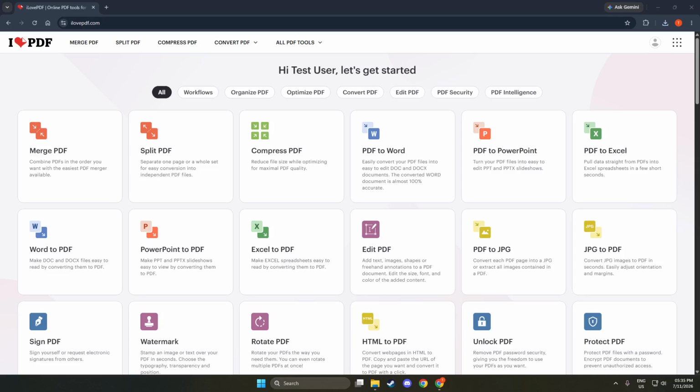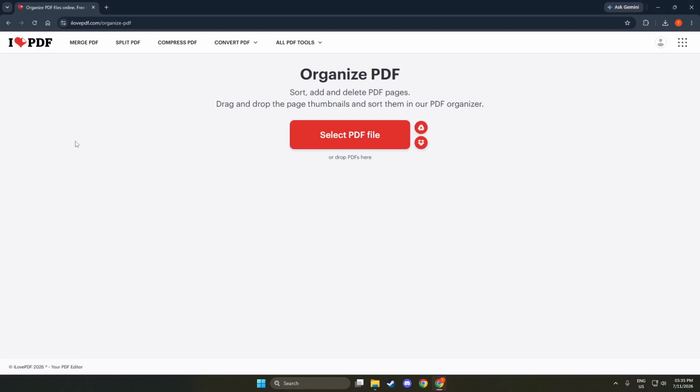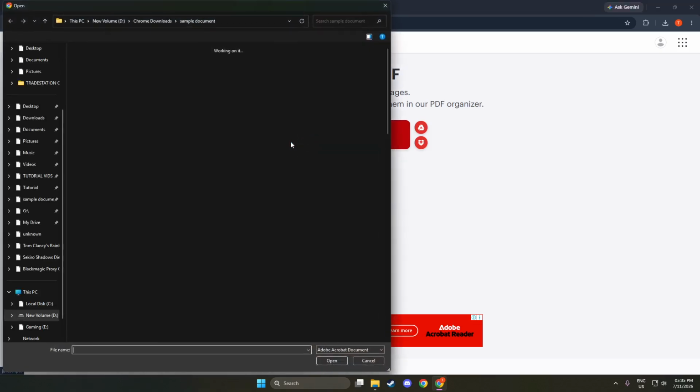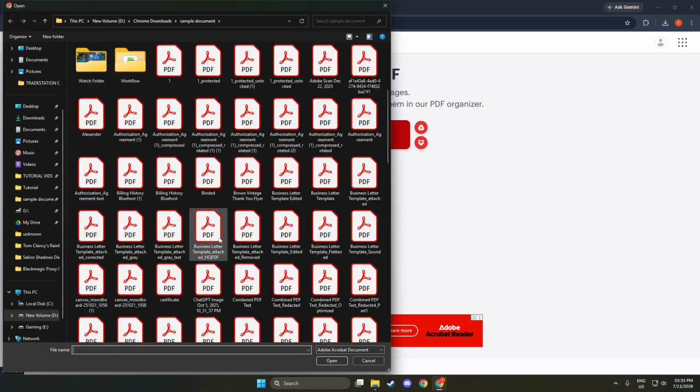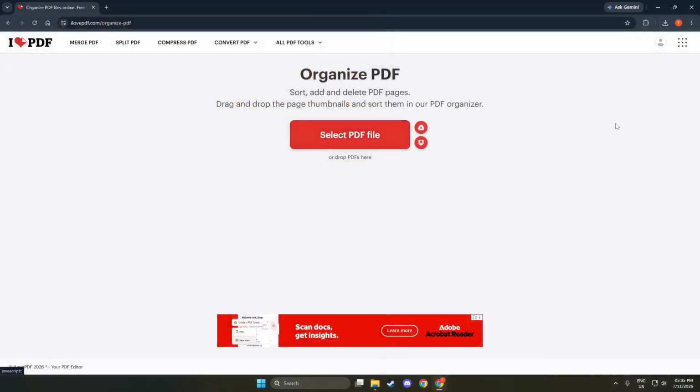Next, select the option to organize PDF, or you might see an alternative labeled Remove Pages. This option is typically prominently displayed, making it easy to find. Clicking on this option is an important step as it directs you to the specific tools for manipulating your PDF pages. Once you select this, the screen will change to show you the next steps you need to follow. This organized layout ensures that you won't get lost in the process, keeping everything straightforward.